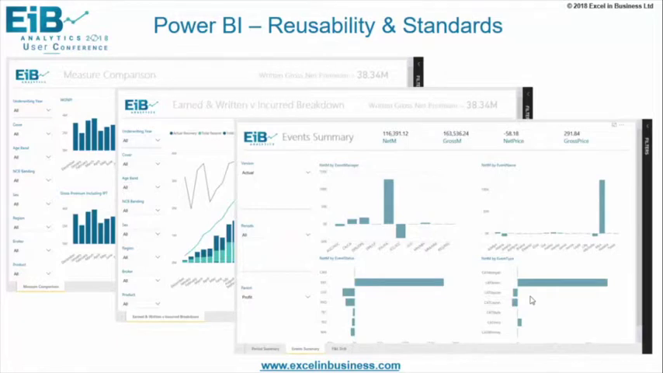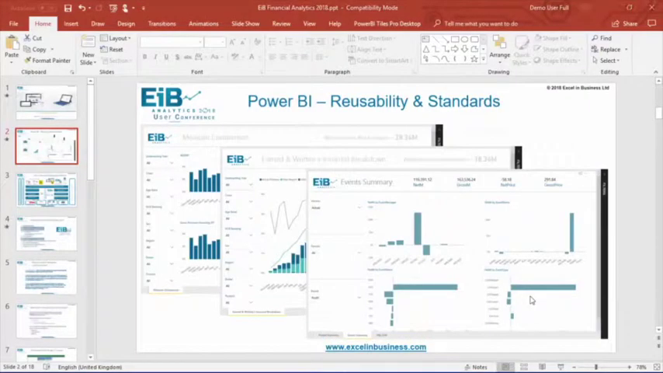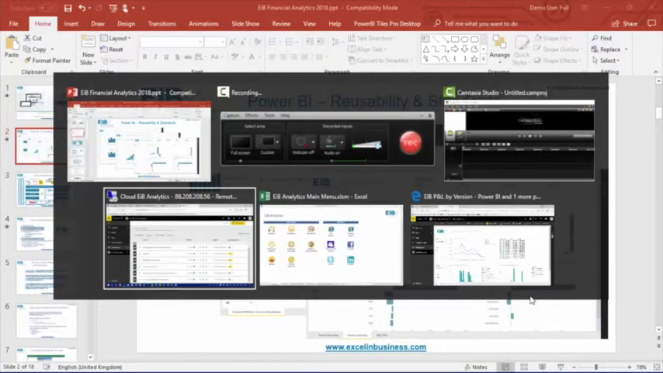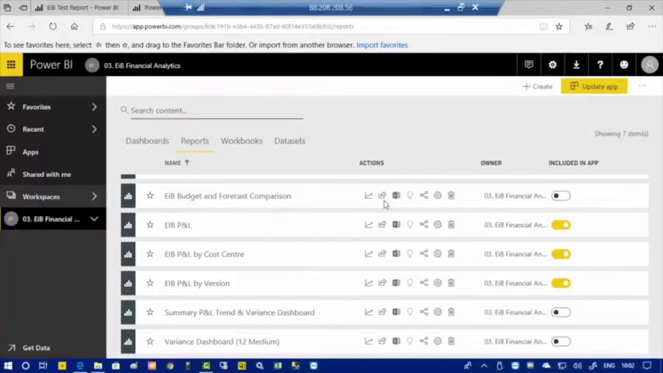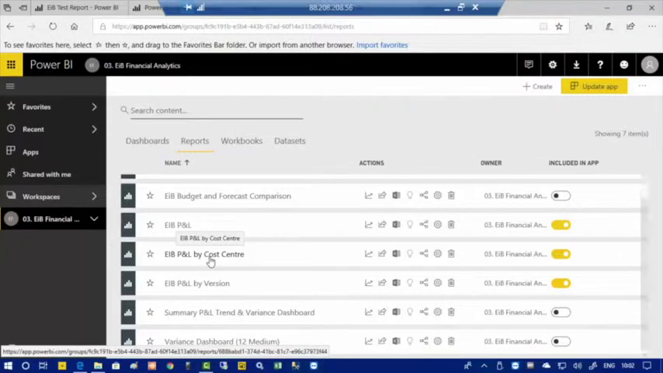So what I want to do is just show you this on a finance cube. I'm going to take a finance cube that was developed in EIB Financial Analytics 218 based on Sage data, and then we're going to edit that dashboard in Power BI and add some new functionality. Okay, so I'm just going to go over to my Power BI service here, and you'll see that I have a Power BI dashboard where I've got profit and loss by cost center. So let's just open up that